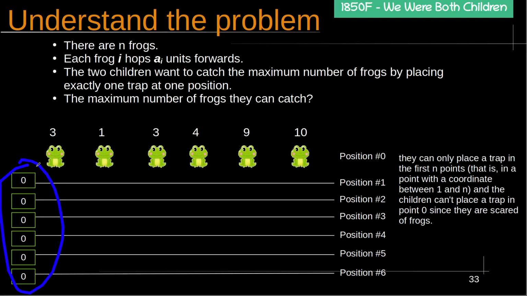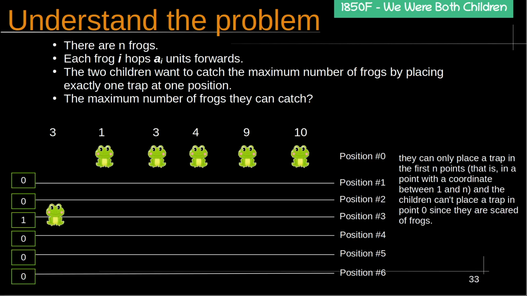Here, the number of frogs that could be caught by Mihai and Slavic if they place a trap at that position. For example, here at position 3, the number of frogs that Mihai and Slavic can catch if they place a trap at position 3. At the beginning, there are no frogs. Okay. Frog number 1